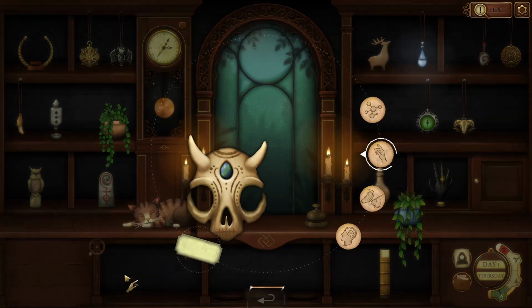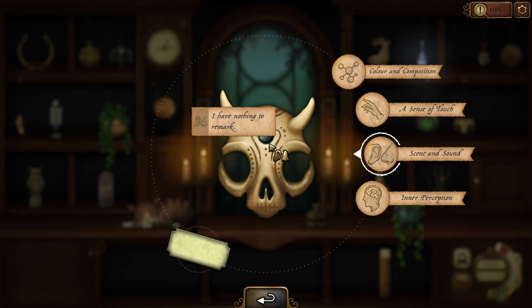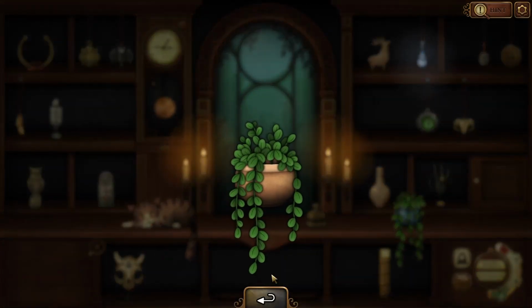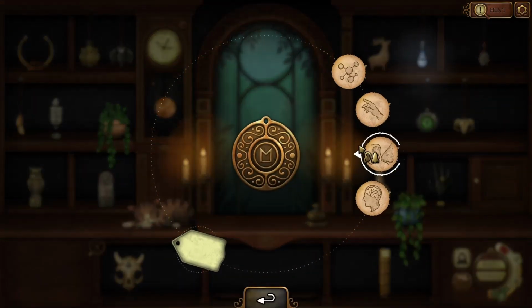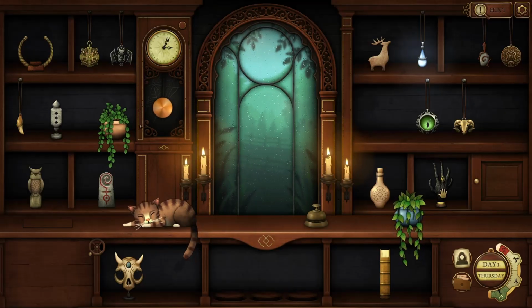What is this? It fills me with a sense of foreboding. Nothing to remark. Okay. Wait, can I identify? Oh, it's literally just a plant this time. Okay. Nothing. All right, yeah, it's possible we don't have that ring right now. Although that looks like the hand of who is it in Dungeons and Dragons, the undead guy? I don't remember his name. Anyway,